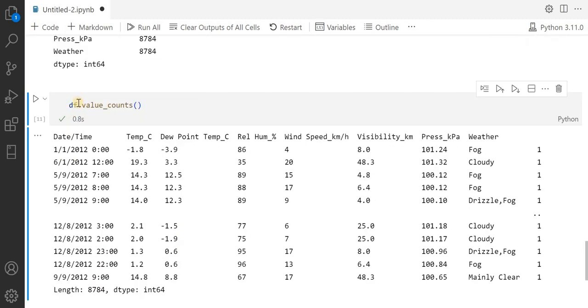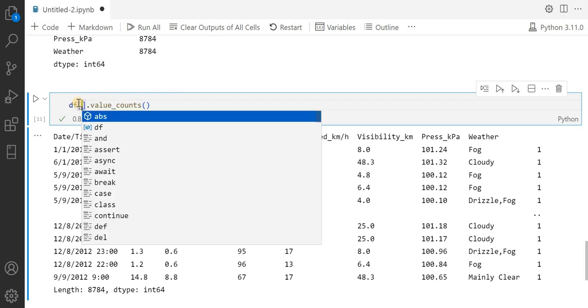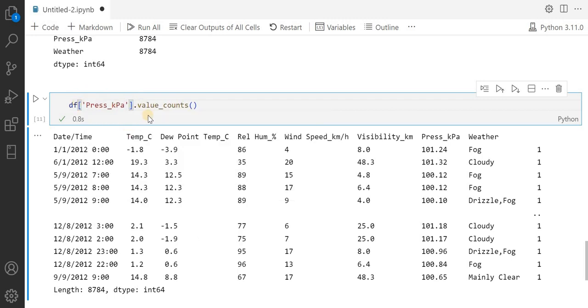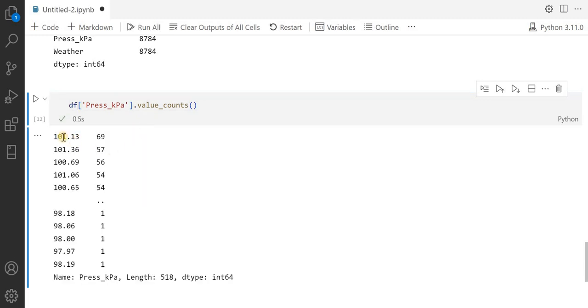See, here I have to provide a column name. So let's say I want to check for pressure in kPa, then you will see we have this: 101.13 is repeated 69 times,